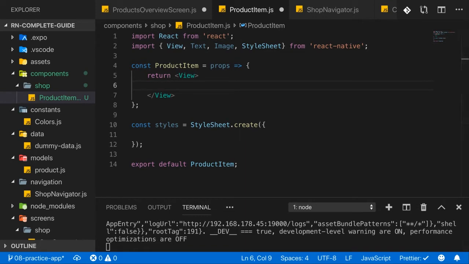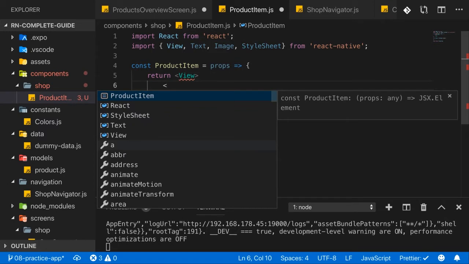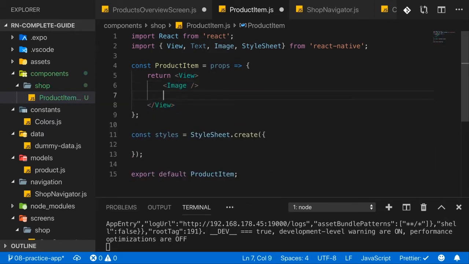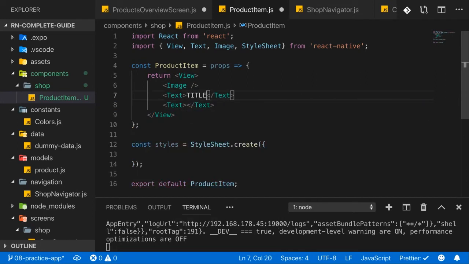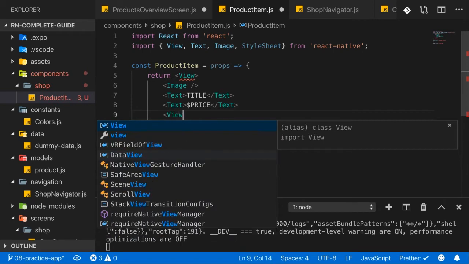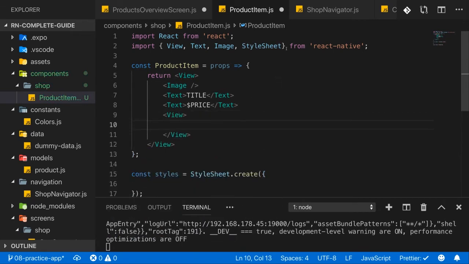And in there, we now have different parts. For example, we'll definitely have the image in there, the product image. I also want to have the title and the price, so we'll need some text in here. So for the title here, and here then for the price in dollars. And below that,